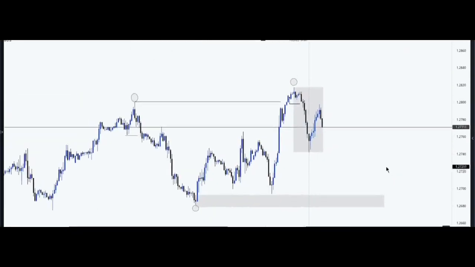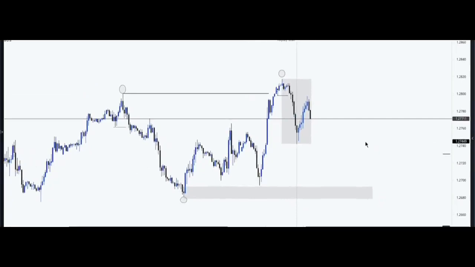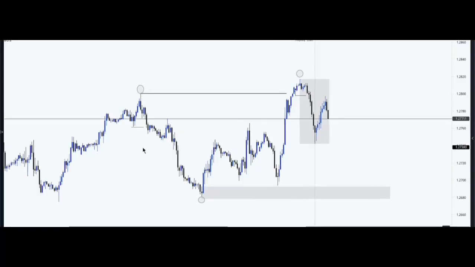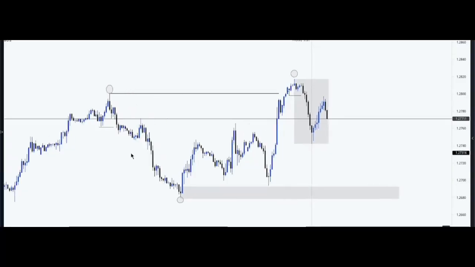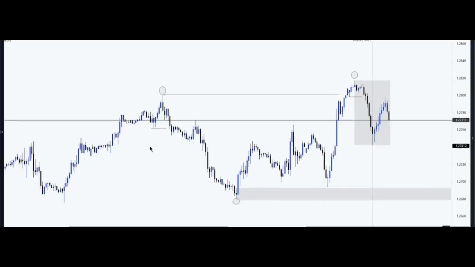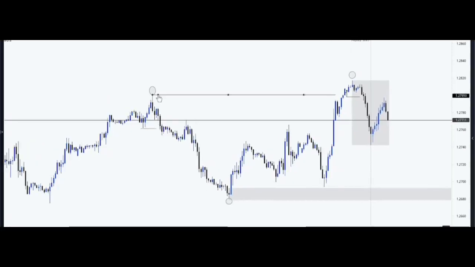Now take a look at this. Like I told you, before you do anything on your chart, understand the bias of the market, the direction of the market, and that will be your market structure. Market structure number one is king. So this is your high. Why is this your high? Well, it is your high because it has already taken out inducement, and this is the inducement taken out to confirm this high,